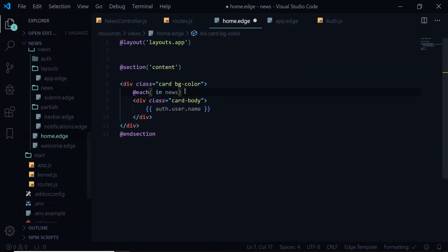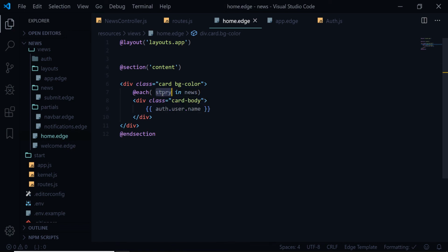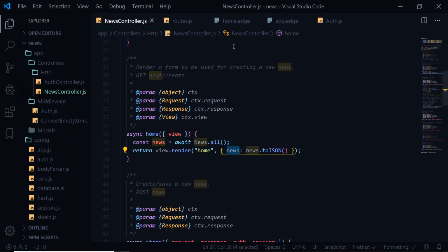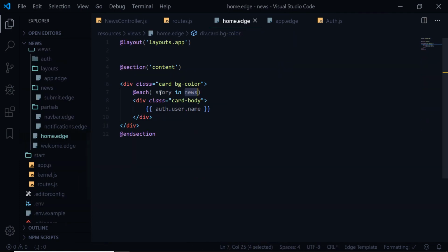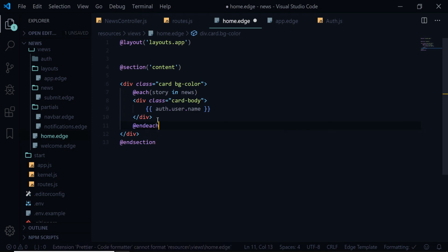So I can use news here. What can I name it? We can name it whatever you want. We can name this as story for now. This can be anything you want, so I'm just naming this as story here. So if I do this, finally we need to end each. So if I go ahead and refresh here now,